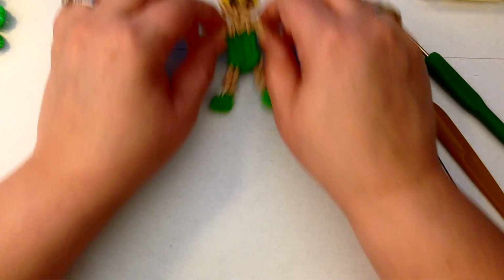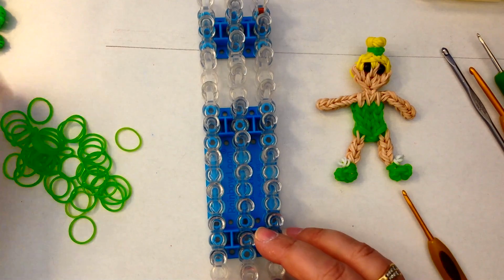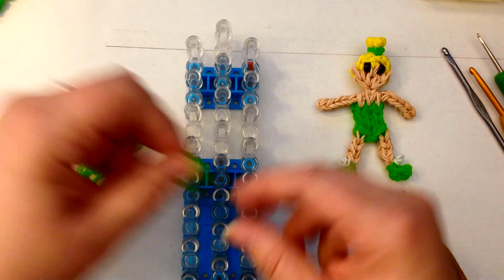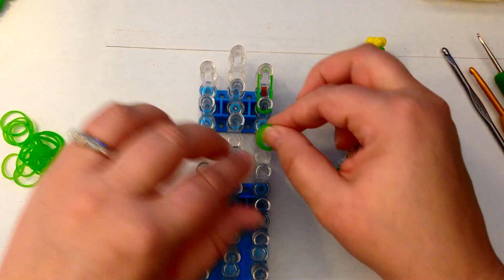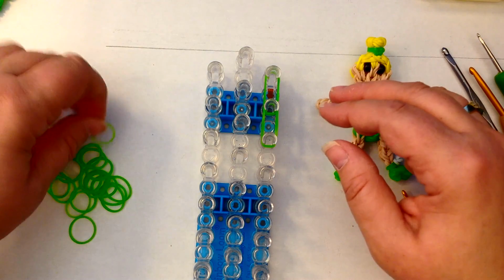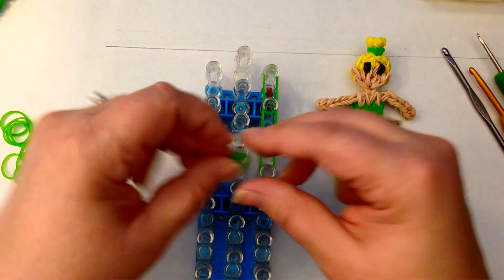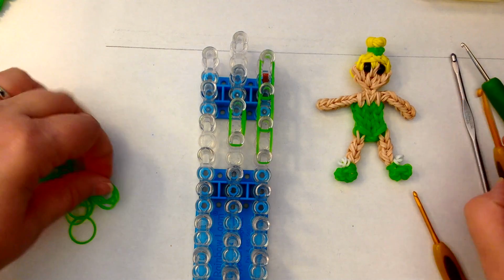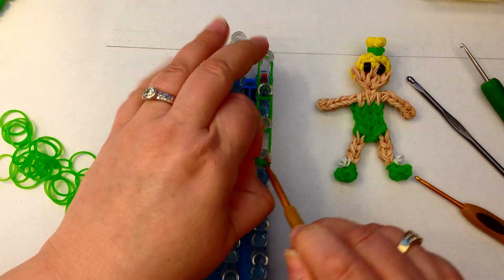Now to do her little leaf dress, let's keep her here. I'm going to use the same colour. And what we're going to do is 1, 2, 3, 4, 5, 6 of these little leaves. Okay, so you take a pair and a pair, and it doesn't really matter what the offset is of your loom at this stage. One more pair, and then you put a pair on the column next to. You're going to take a single, wrap it once and twice as an end cap, pop that on the end here